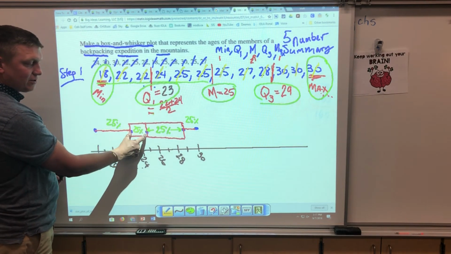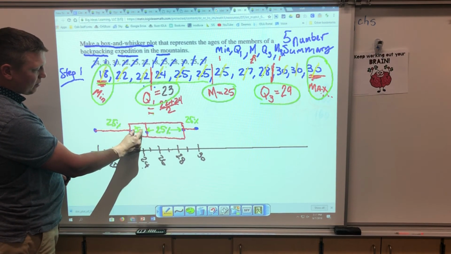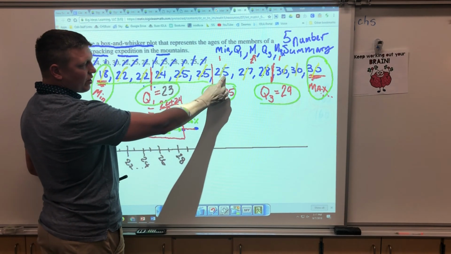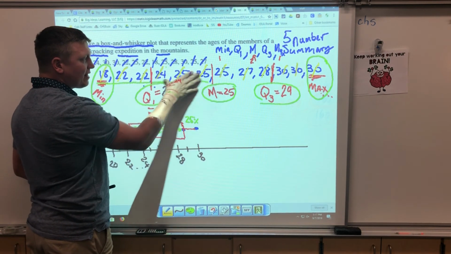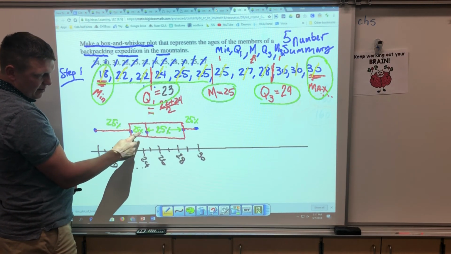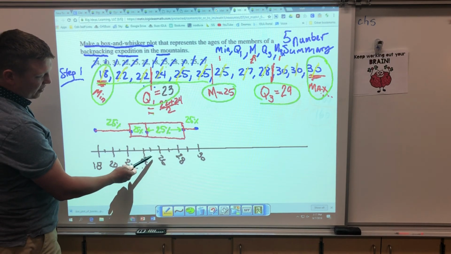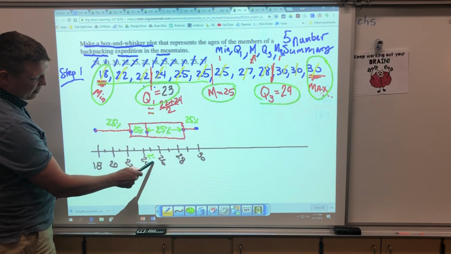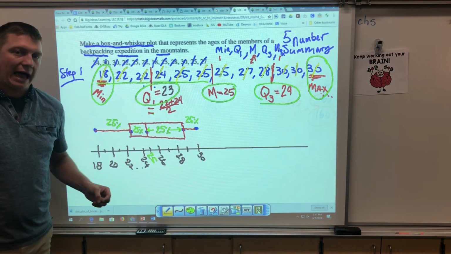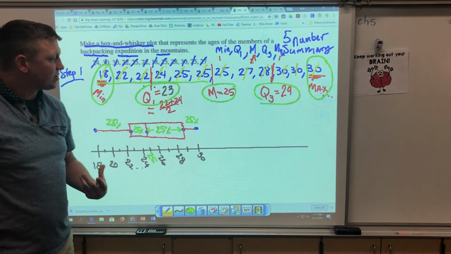This is shorter also. If this is shorter right here, where is that gap? That's right here. Do you see how 24, 25, and 25 are all pretty close together? So there are a lot of people in this particular spot right here that are 25 years old. This is 25 right there. So there are a lot of 25-year-olds or close to that. And we can see that based on these numbers. What if I